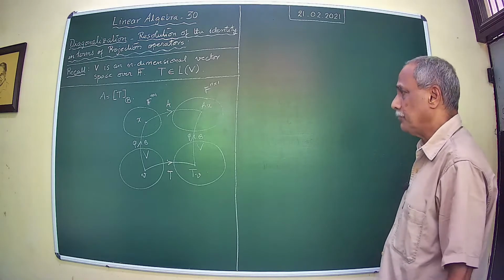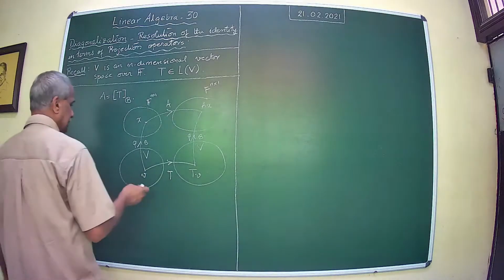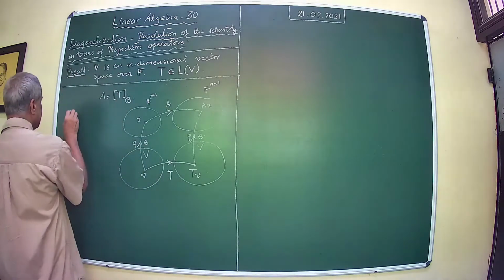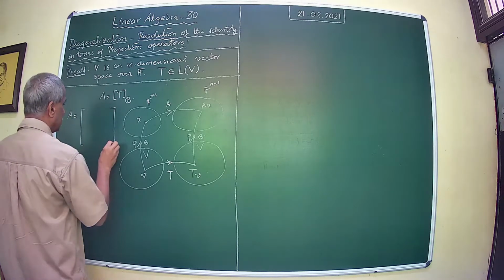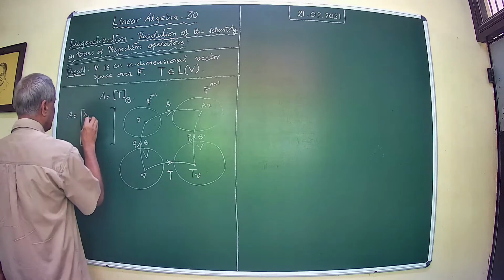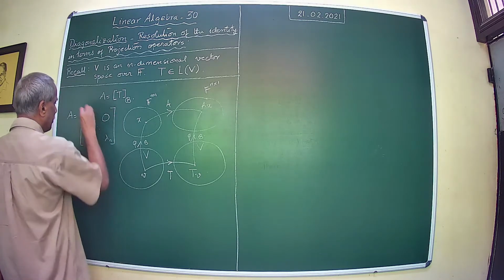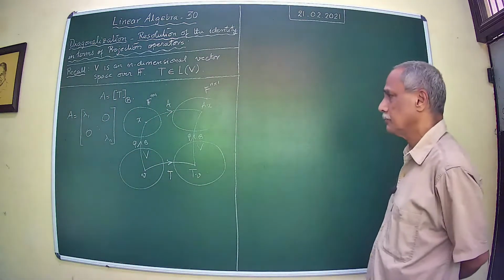For example, if it so happens that the ordered basis B is such that A is diagonal, something like lambda 1 through lambda n. Some of them may be repeating. Okay? Then